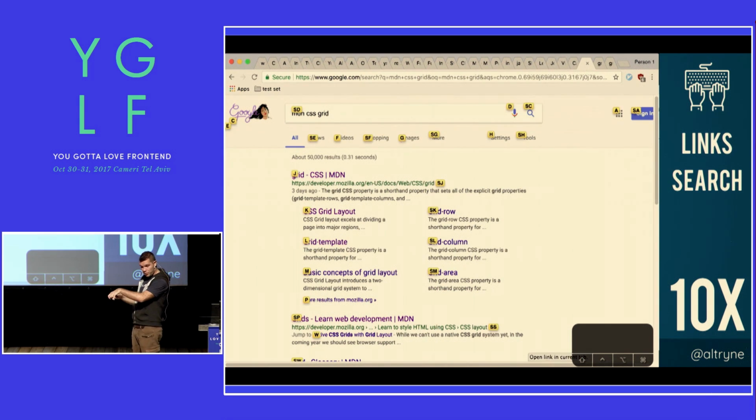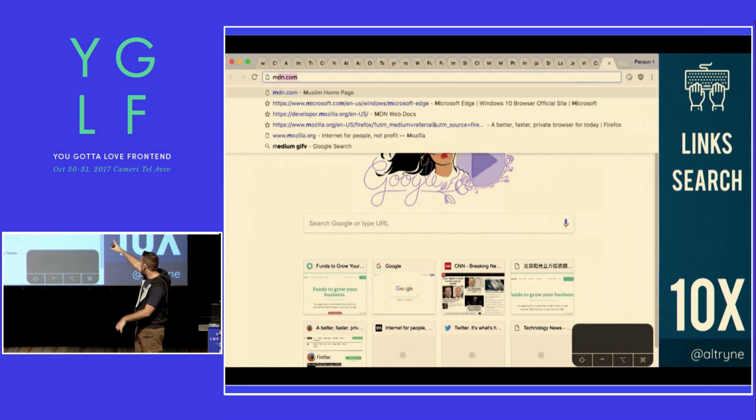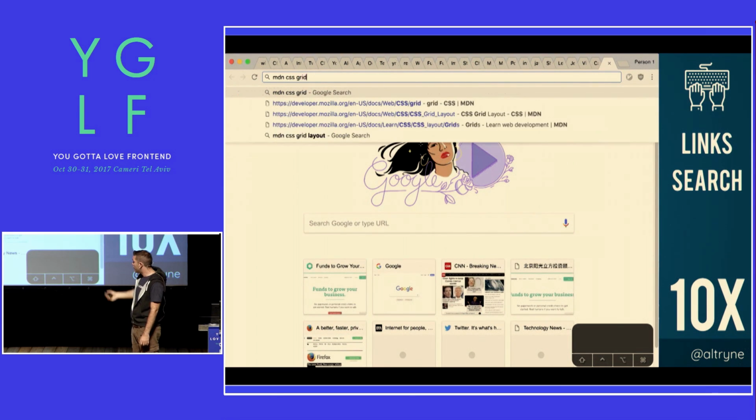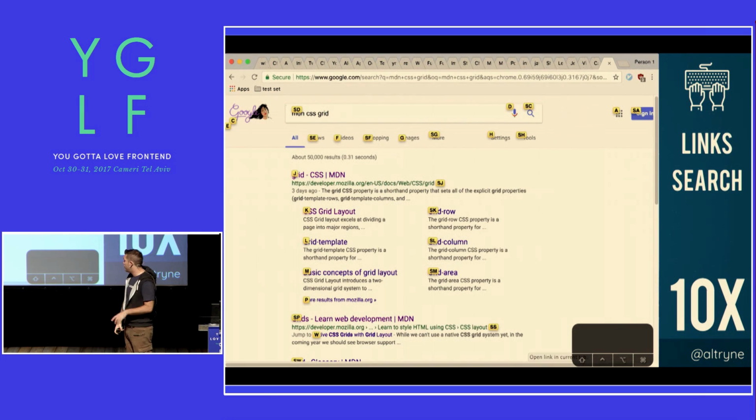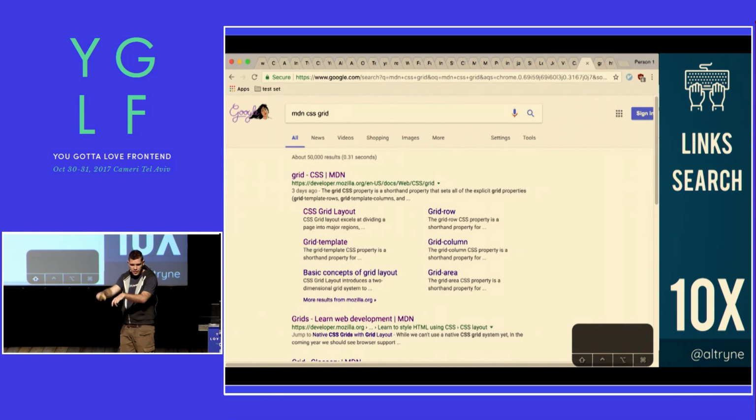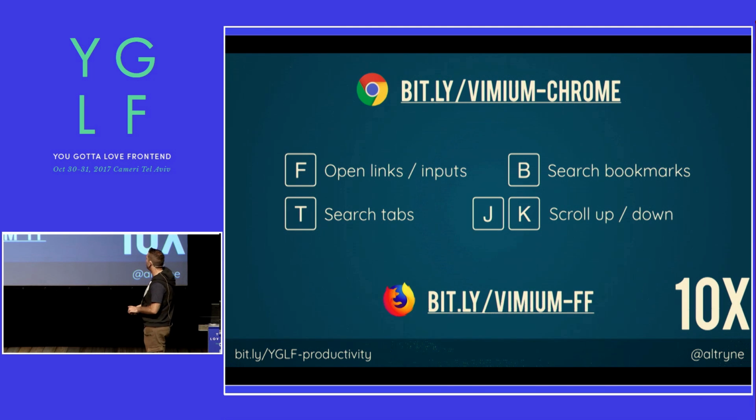And if you hit Shift while typing that label, let's say on a link, it will open it in a new browser tab. So you can see in this example, I'm going to Google, I'm searching CSS Grid, I'm hitting this thing, and I'm opening 3 results in new tabs, just by holding Shift and hitting this key. All of this is possible with the Vimium for Chrome and Vimium for Firefox